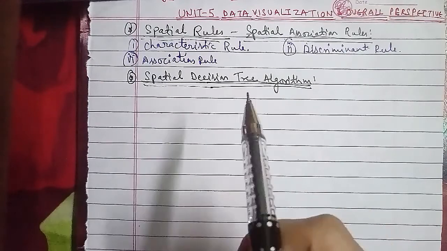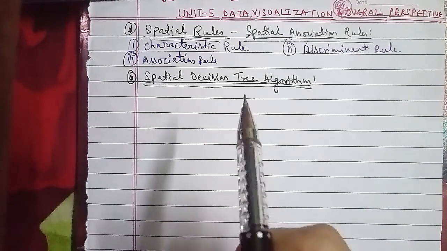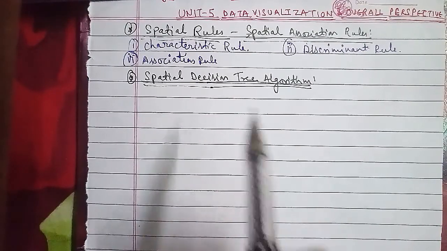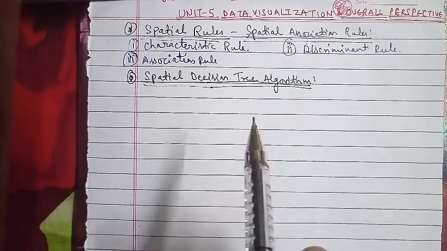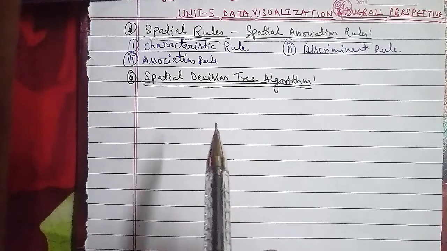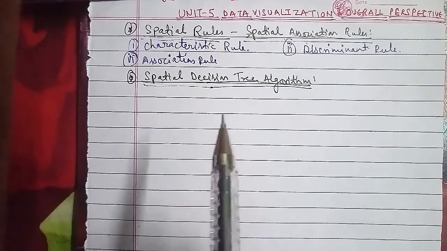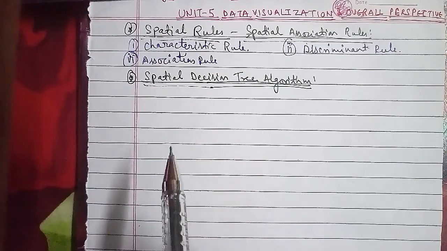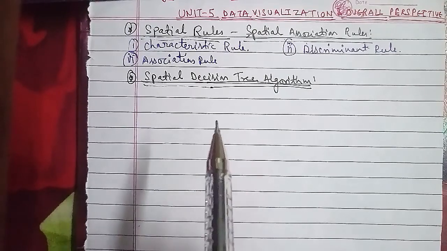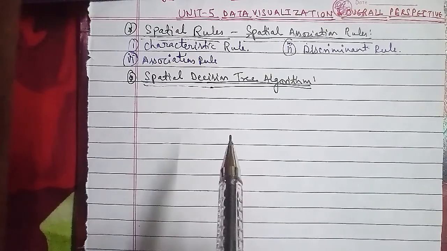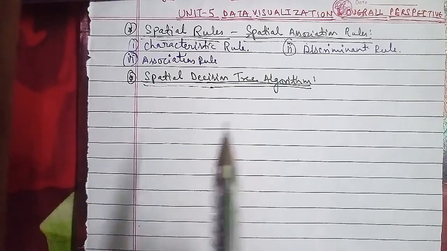The input is D and C, where capital D represents the data, including the spatial and non-spatial attributes, and capital C is a concept hierarchy. The output is T, which is a binary decision tree. The spatial decision tree algorithm is stated as follows: find a sample S of the data from D with a known classification and identify the best predicate P to use for the classification, that is, determine the best buffer size and shape. Then, using P and C, generalize the predicate for each buffer, and build a binary tree using the generalized predicate and ID3.